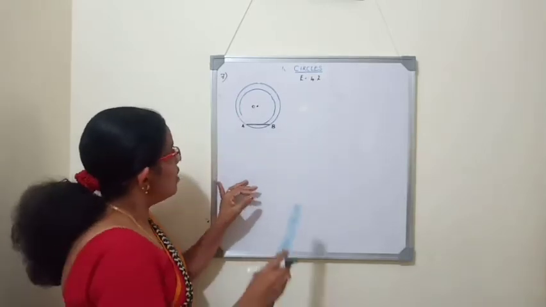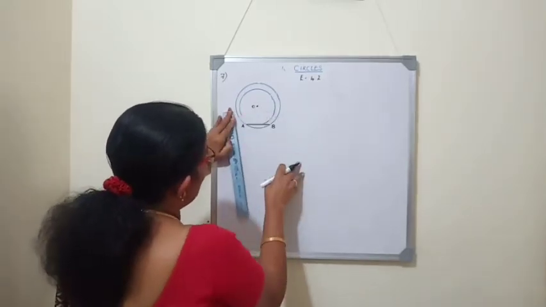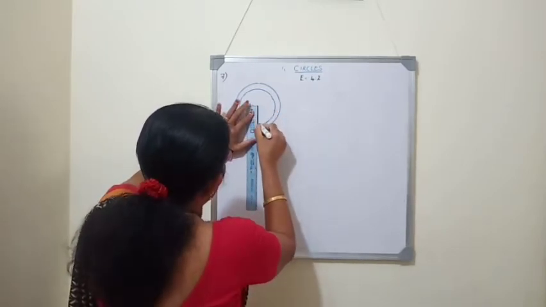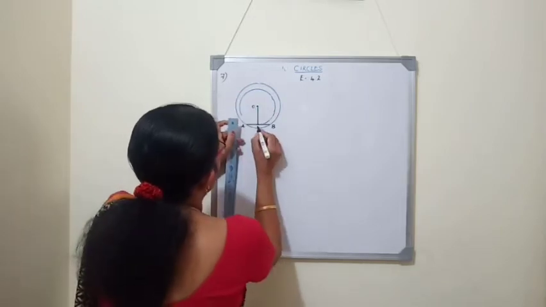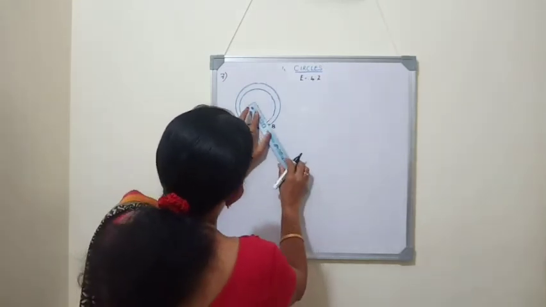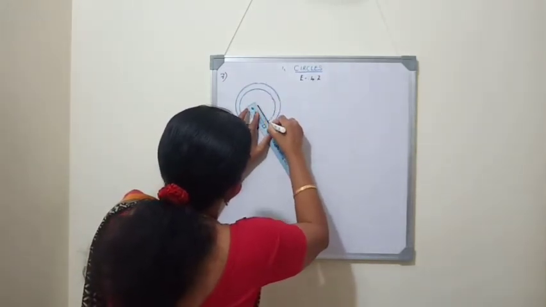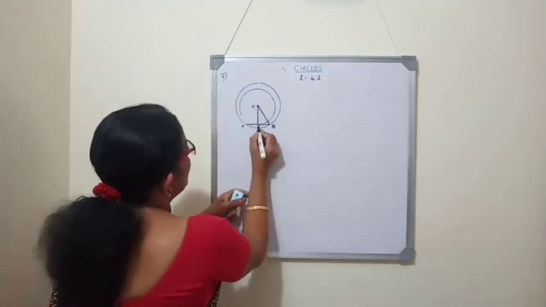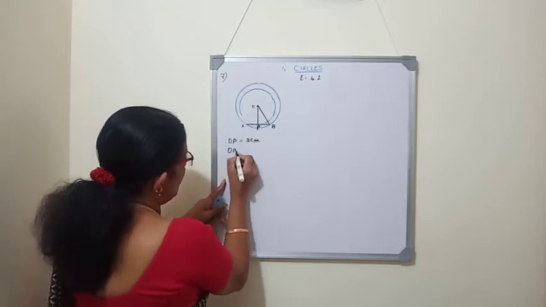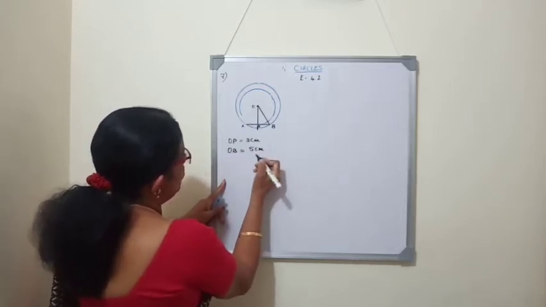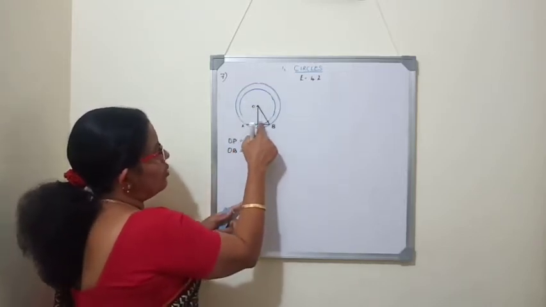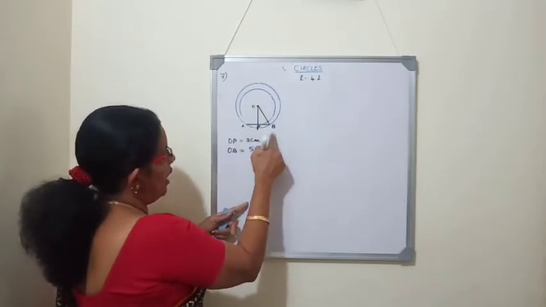So now we will draw the radii. For the inner circle, the radius will be 3 cm. So we will draw the radius like this. This is the radius of the small circle. Let it be P. And the radius of the bigger circle, we have to mark like this. So OP is the radius of the smaller circle, OP is 3 cm. OB is the radius of the bigger circle, that is 5 cm. We have to find the length of the chord for the outer circle which will touch the inner circle. So we want to find the length of AB.